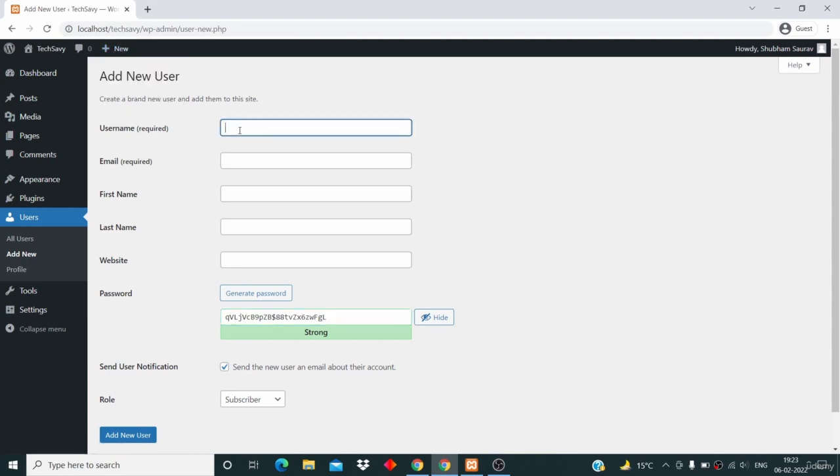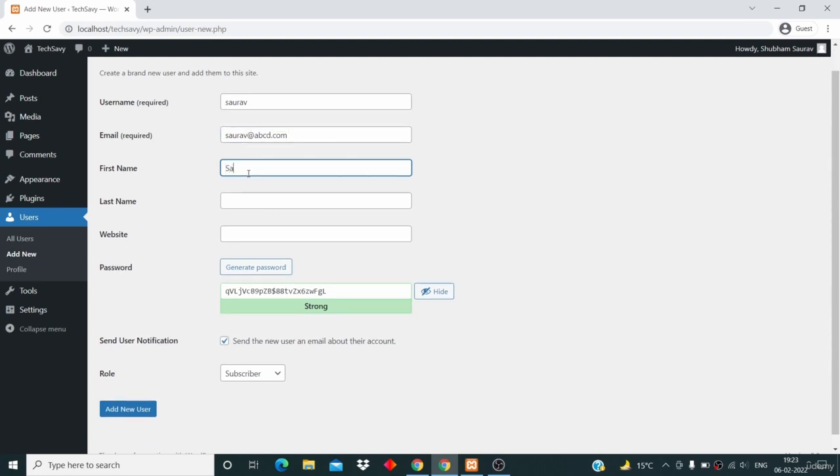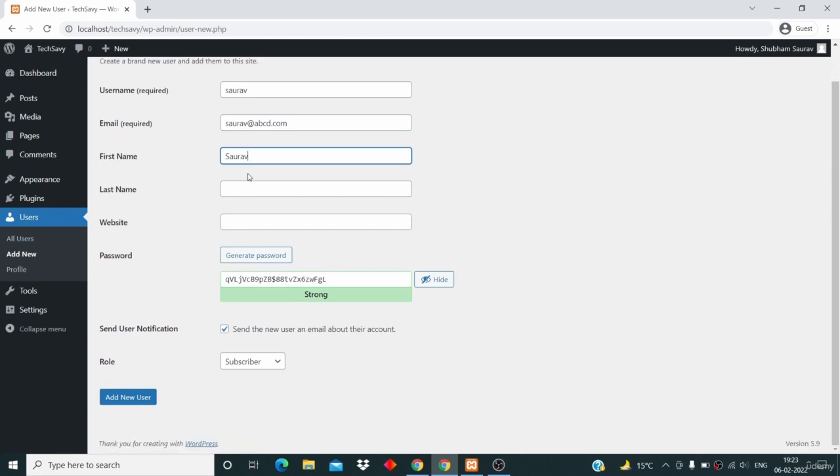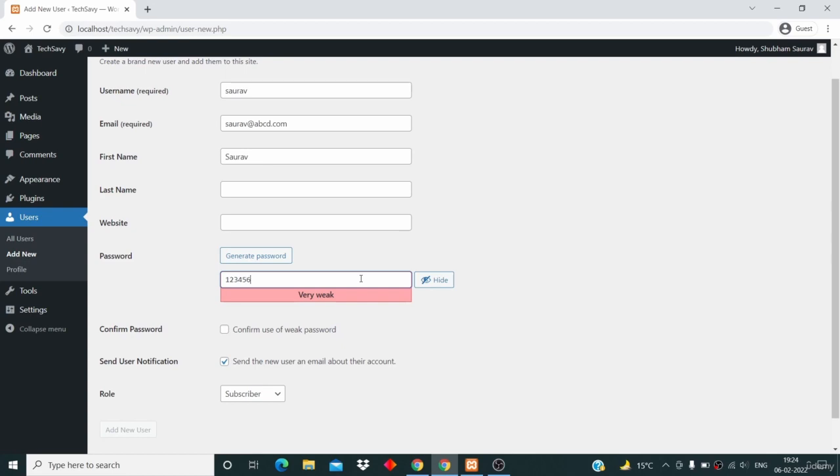So you need to enter the username. I will enter the username Saurav, and then you need to enter the email. I will enter a fake email, saurav@abcd.com, and here I will enter Saurav, and the last name I will leave empty, and the website again I will skip. And here you need to enter your password. So I will enter 1 2 3 4 5 6 7 8, and then I will click on confirm